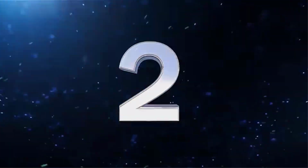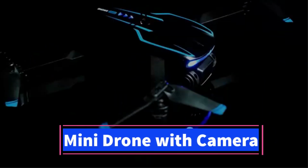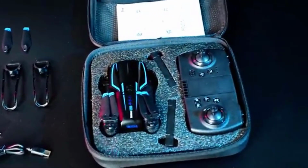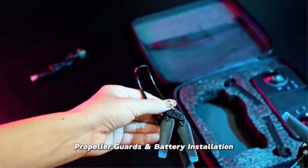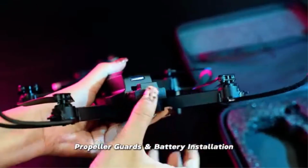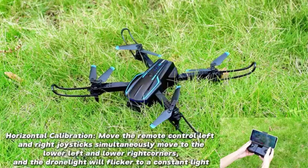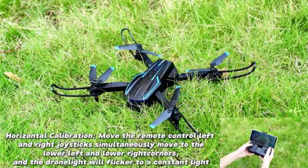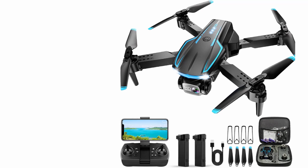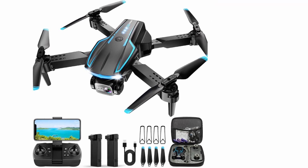Number 2. Mini Drone with Camera. The Mini Drone with Camera 1080p FPV is a compact, foldable drone designed for beginners, kids, and adults who want a simple and fun flying experience. It features a 1080p HD camera with FPV transmission, allowing users to view real-time footage directly on their smartphone. The 90 degrees adjustable lens gives flexibility to capture different angles during flight, making it easy to take photos and